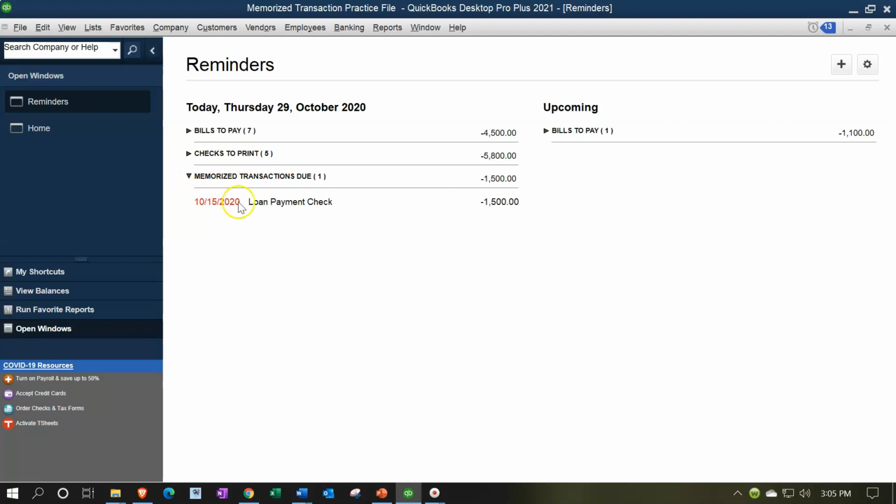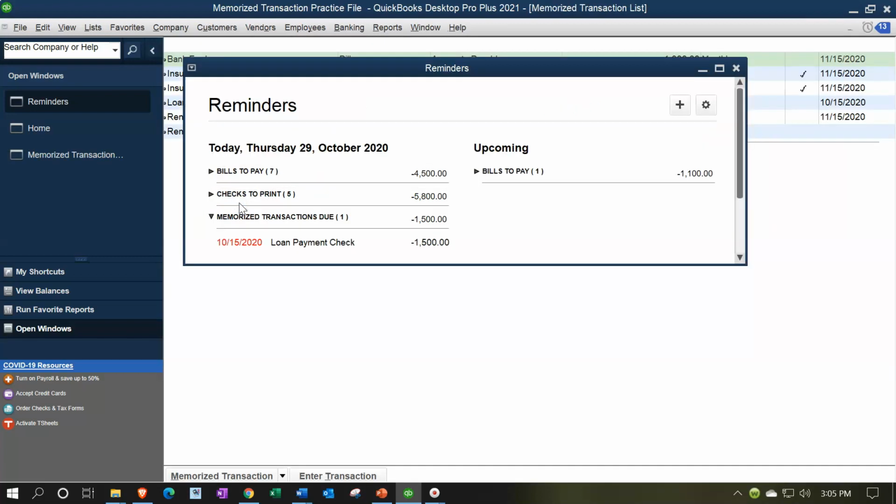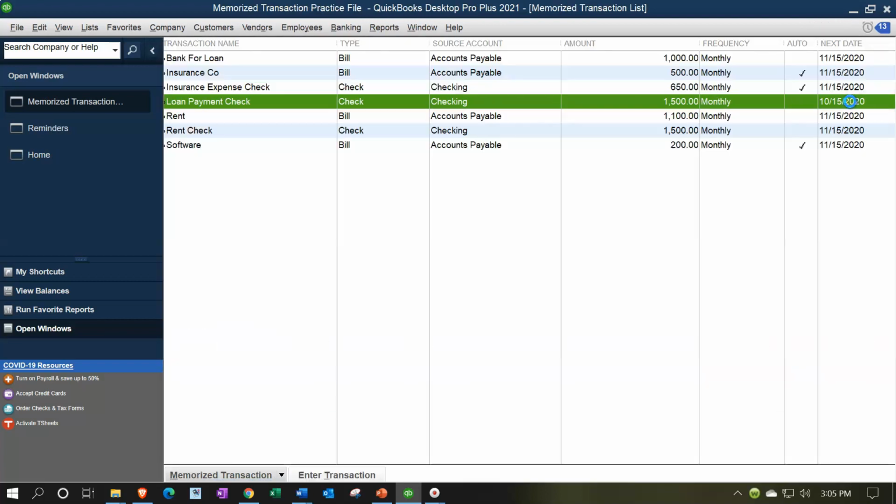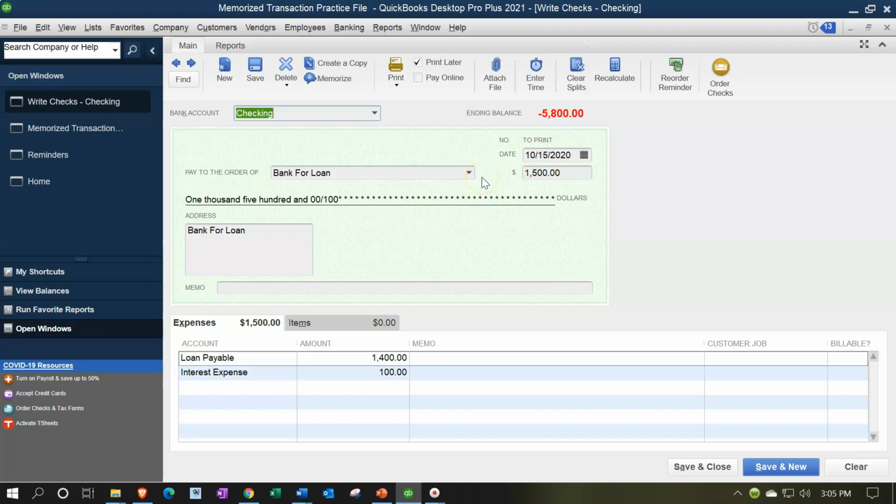I'm going to say, okay, it's red. I need to double click on that. That takes me to my reminders. Here's the item that's due. If I double click on that, it creates another check for the next month. Now the amount up here is correct, but this amount might change. So then I'd have to just remember to come down here and say, okay, according to my amortization table now,